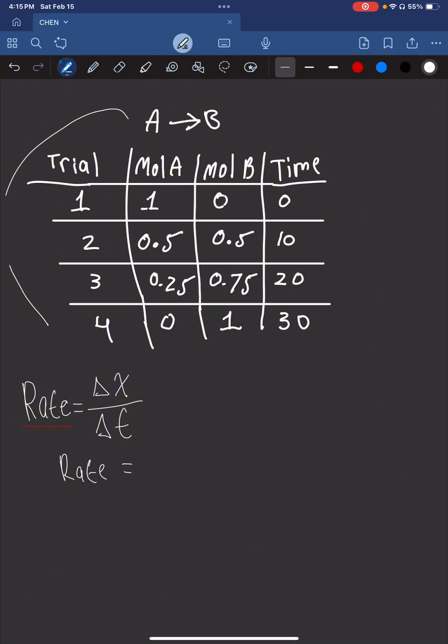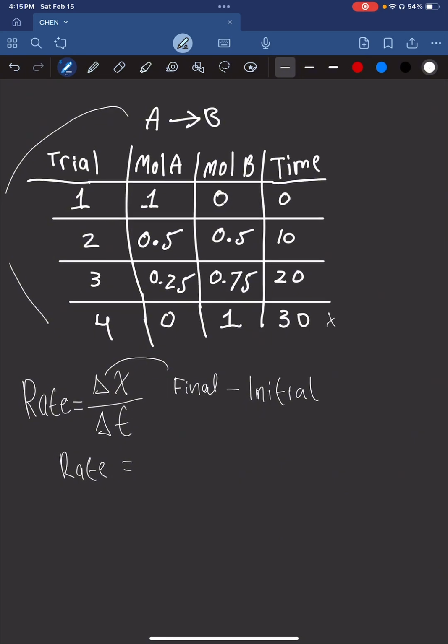So if we know that delta is just the final minus the initial, right? So what are we gonna do? We're gonna do the final B minus the initial B. And when we mean final and initial, it doesn't really mean that it has to be the 30 and the 0. We could pick any two intervals we want. So we could do 30 and 10, 30 and 20, 30 and 0, 20 and 10, or 20 and 0. It doesn't matter, as long as